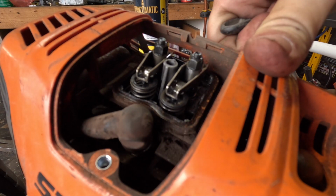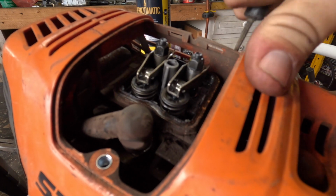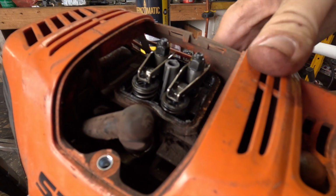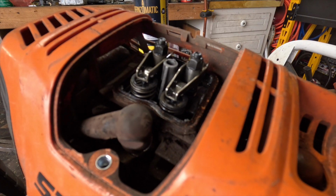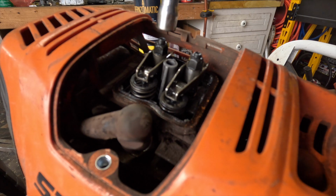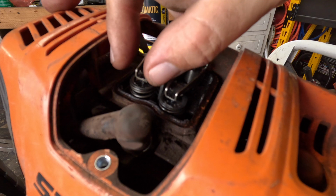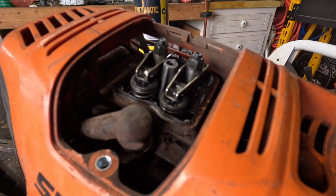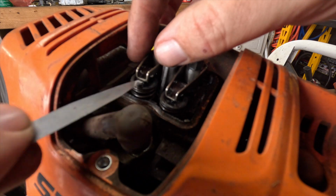The intake valve is down, right? Yeah, it was. Still kind of tight again. Don't know why that happened. Last time that occurred, there's a problem with the valve. But